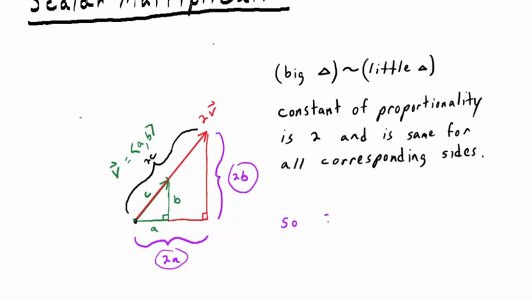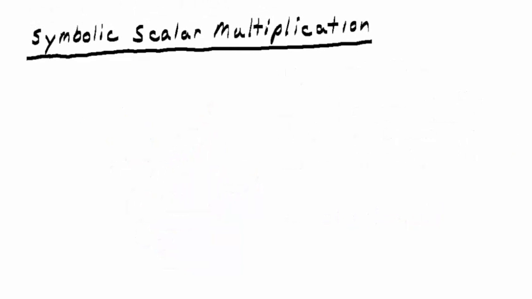So the conclusion is this. Component-wise, 2V has components 2A and 2B. So then that gives us a guide as to how to proceed generally for the definition of scalar multiplication symbolically. If you have a vector